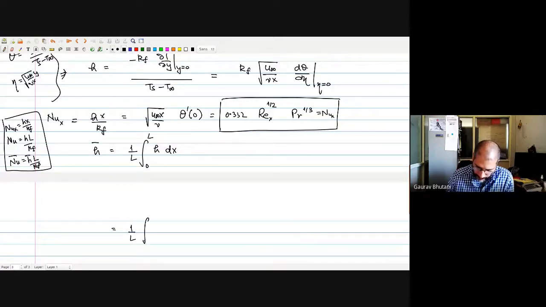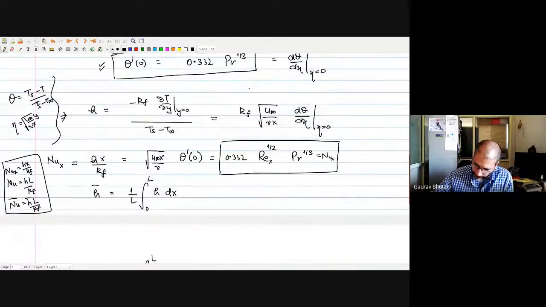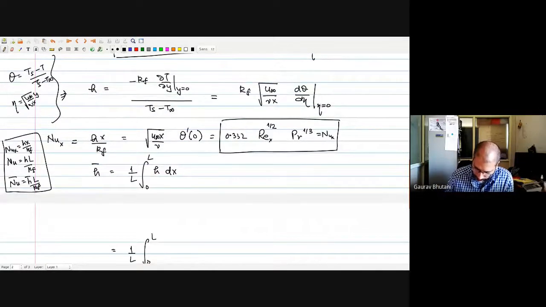So integral 0 to L, and then the expression for h we just now found out was theta prime, which is 0.332, and then you have a kf